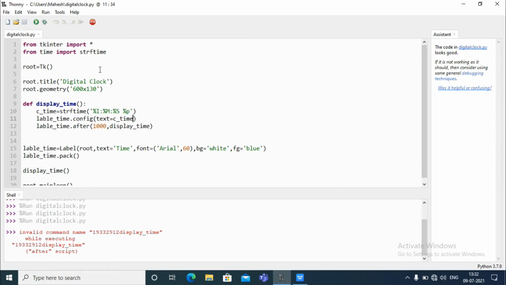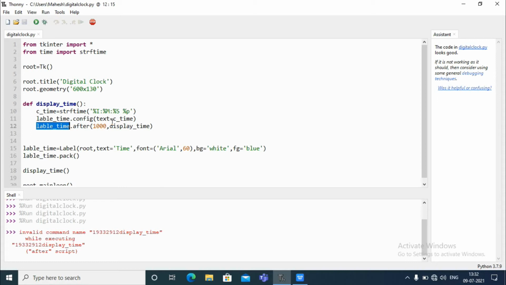And here by using this config function I have overwritten the label which is already present, that is, this text will be overwritten by the time. I think you got it. And coming to this function again, this label time is a label to display the current time.